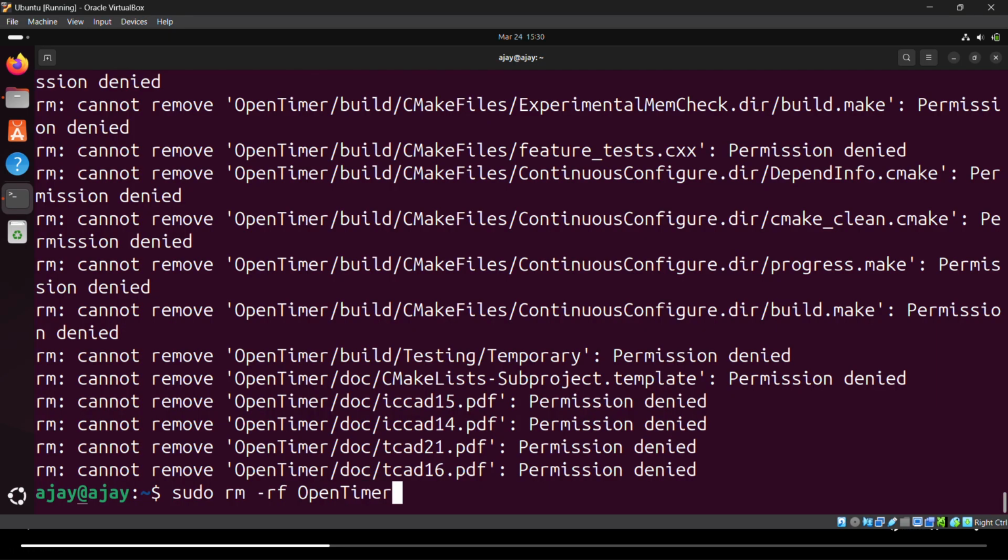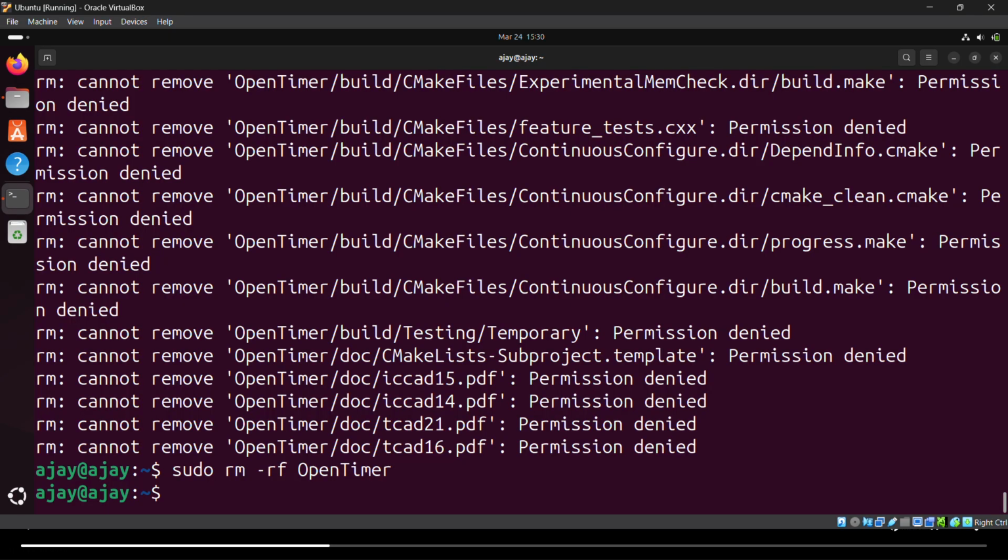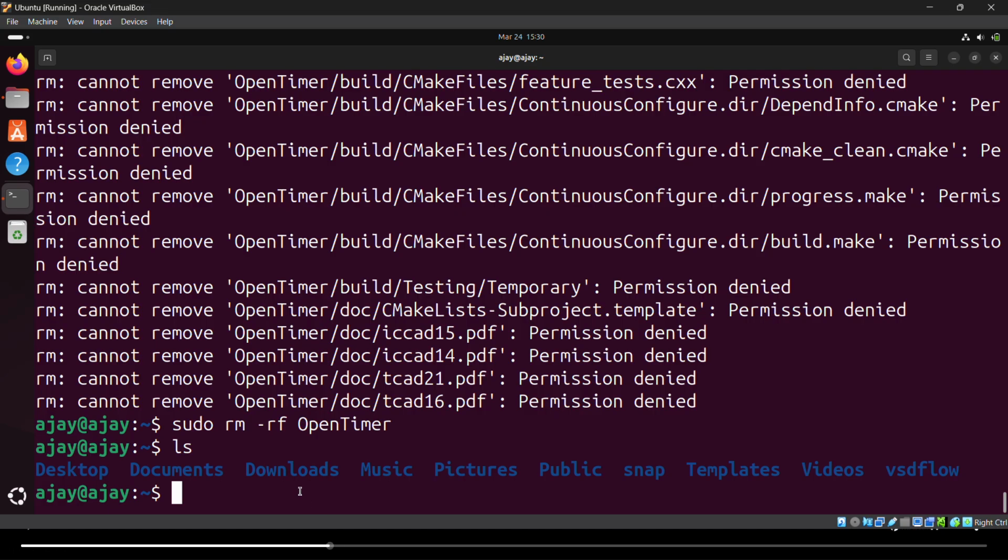Now it is going to happen. Just add the sudo in front of it. Now click on ls, then you can see OpenTimer has been removed. You just need to add the sudo, that's it. Next,